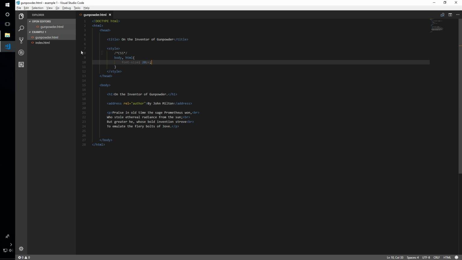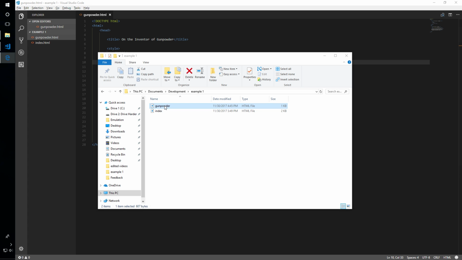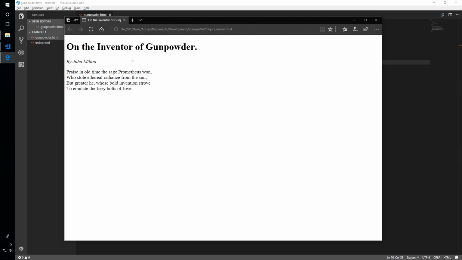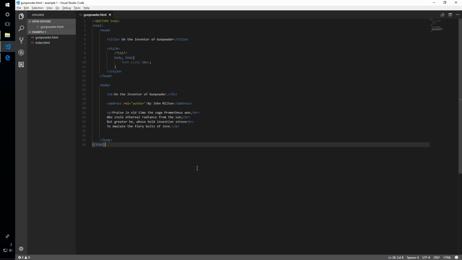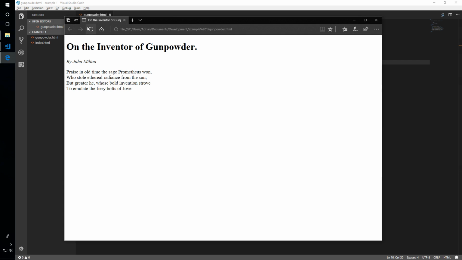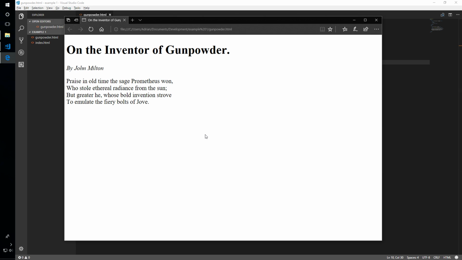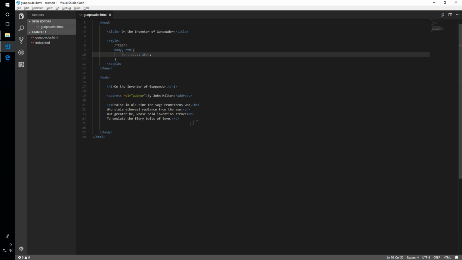So we've changed this to 20. Let's open up the file again and see how that looks. You can see it's a little bit bigger, but I want to make this 25. It's not quite big enough yet, so we'll refresh the page and you can see the size has been changed very slightly. So that looks good, but I think this by John Milton text is a little bit too big,